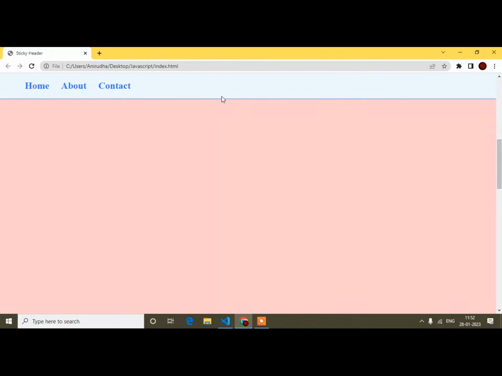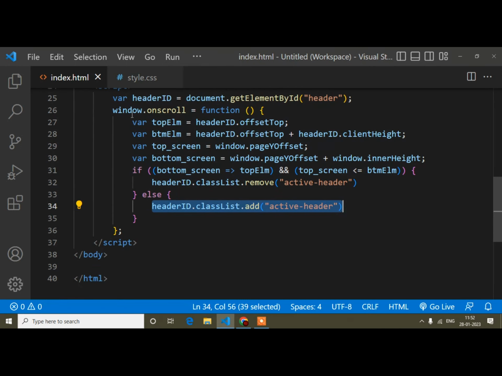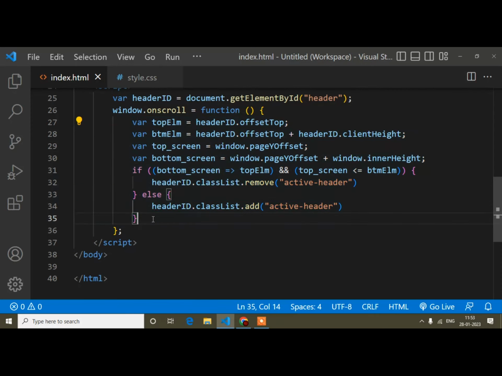It is now less. When the header goes up and disappears, it would be more, but now it is less. When this condition matches, I remove the class, and in the else part I have written active header. So this is the brief idea. If you want more clarity, you can watch my last video. I will provide everything in the description.